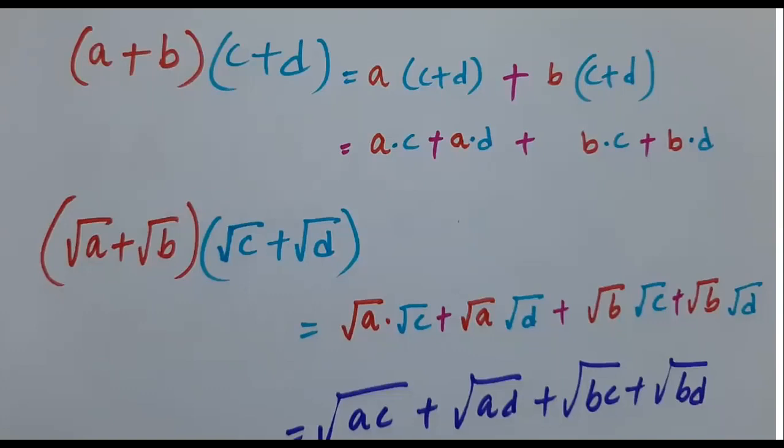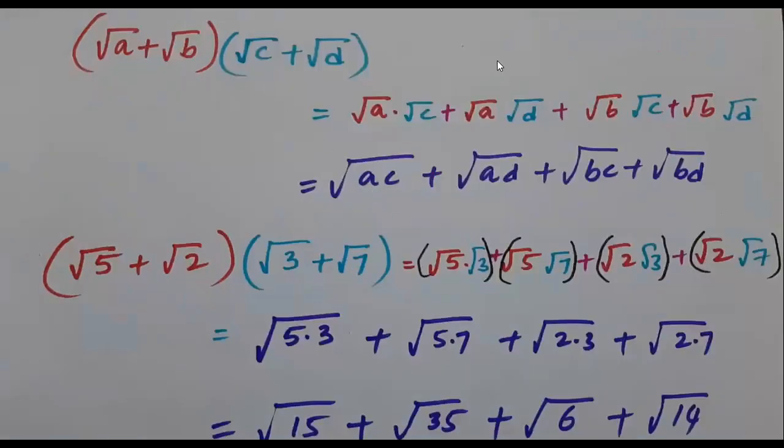Shall I change? Yes, sir. 1 minute, sir. So this is a continuation only, children. This is the same formula, up to here only we completed. Now I'm giving you one example. Root 5 into root 5 plus root 2, root 3 plus root 7. Yes or no? So how will you do, children? Root 5 into this one, root 2 into the total bracket. I wrote the last answer here. Please copy this.